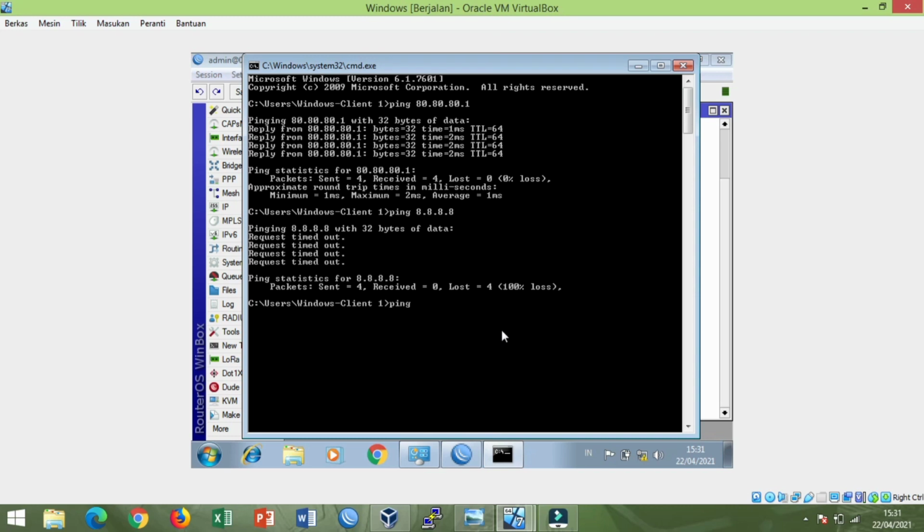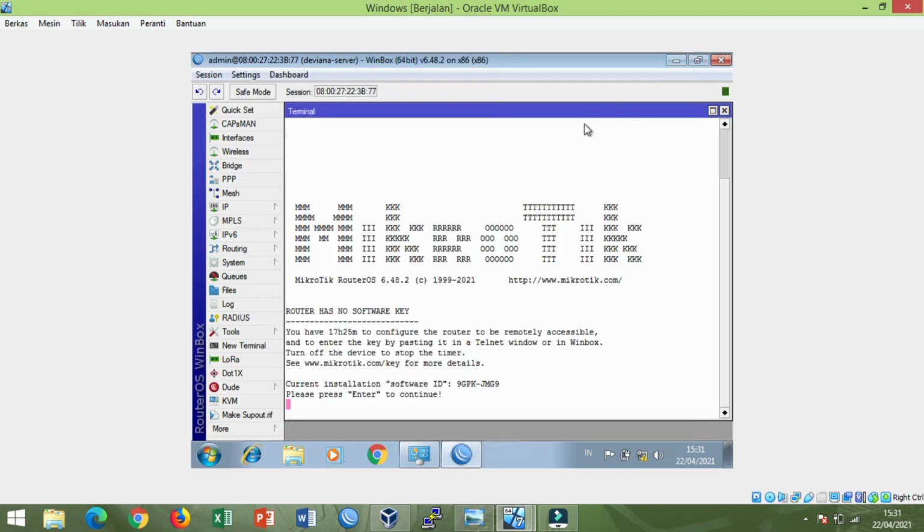And ping google.com. We can see the result is a timeout, which means we cannot connect to the internet network. Close. Because we cannot connect to the internet network, we configure the NAT firewall to connect to the network with